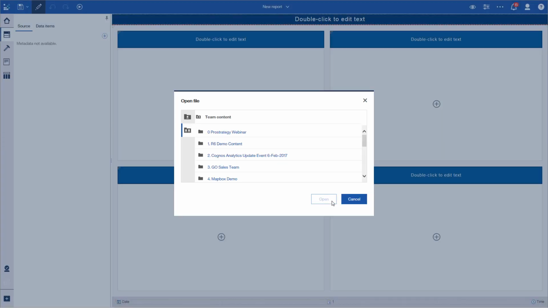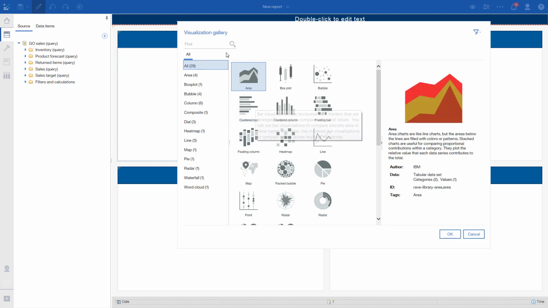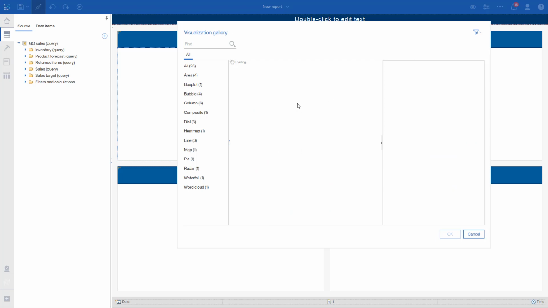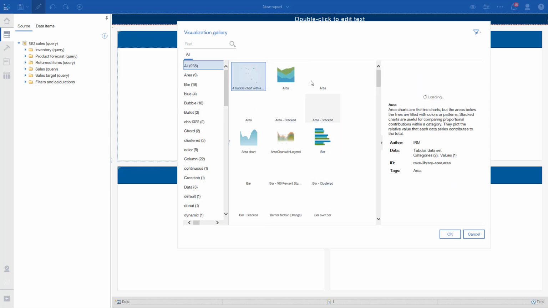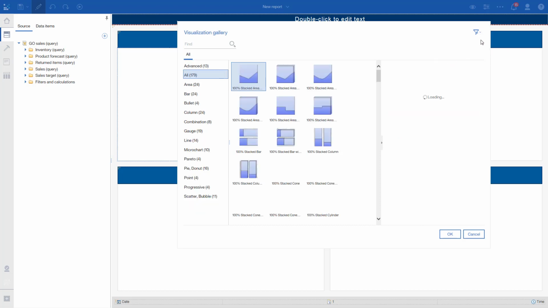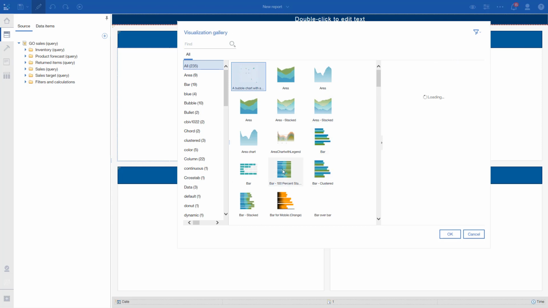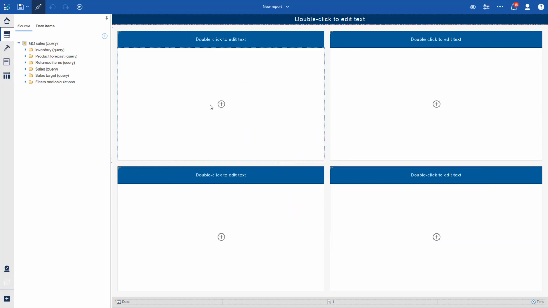I'm going to use my Go Sales query. And then again, as an author, I have a wheel of items that I can choose from, which are things that I typically use. I want to add just a visualization to this. And in my visualization gallery, I've got a number of different things to choose from. I've got new visualizations, I've got legacy visualizations that are available to me if you've used those with previous versions of the capabilities, and also the charts from the original Cognos Business Intelligence as well, are all available right at my fingertips. Let me select a 100% bar chart, and I'll just accept these defaults for the object and the